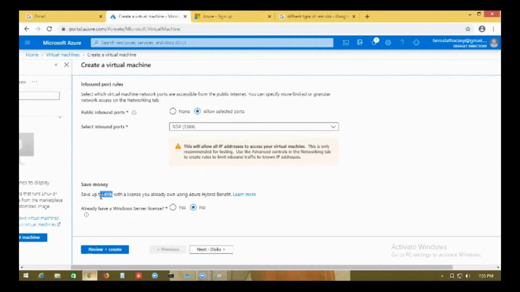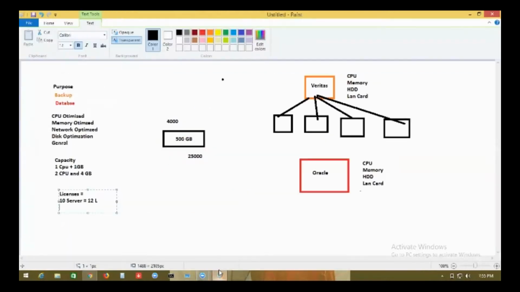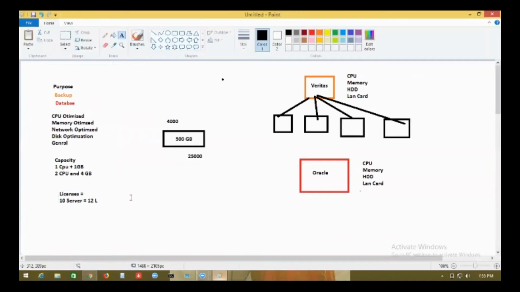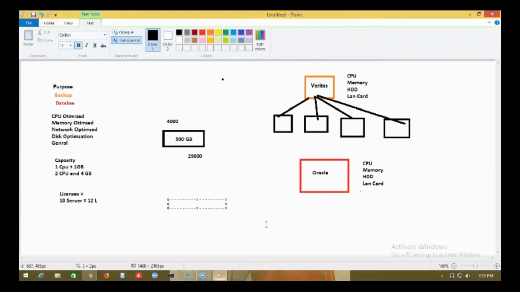So when you say no, I don't have a license, what Microsoft will do now is say, okay, fantastic. Since you have selected this virtual machine, which comes with the capacity of, let's say, 2 CPU and 8 GB memory, the charge is let's say 9,000. I am going to add another 550 rupees per month, which will be part of your license.